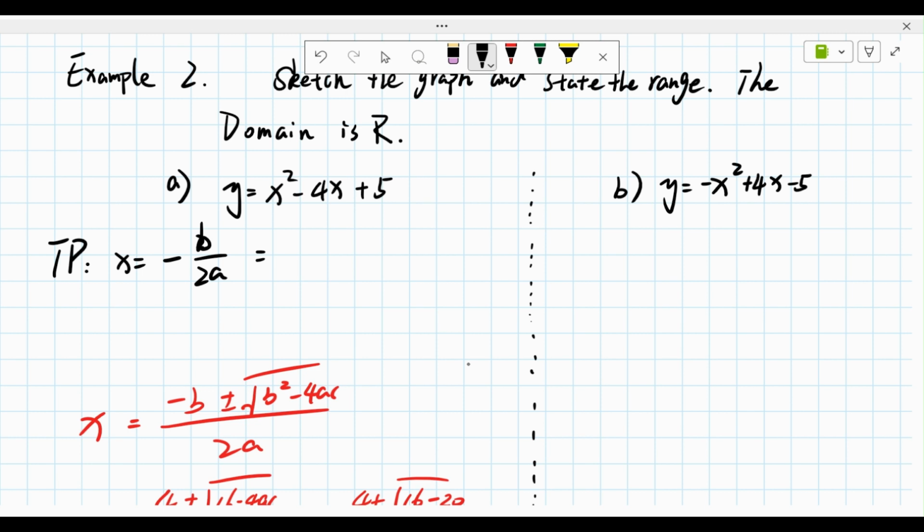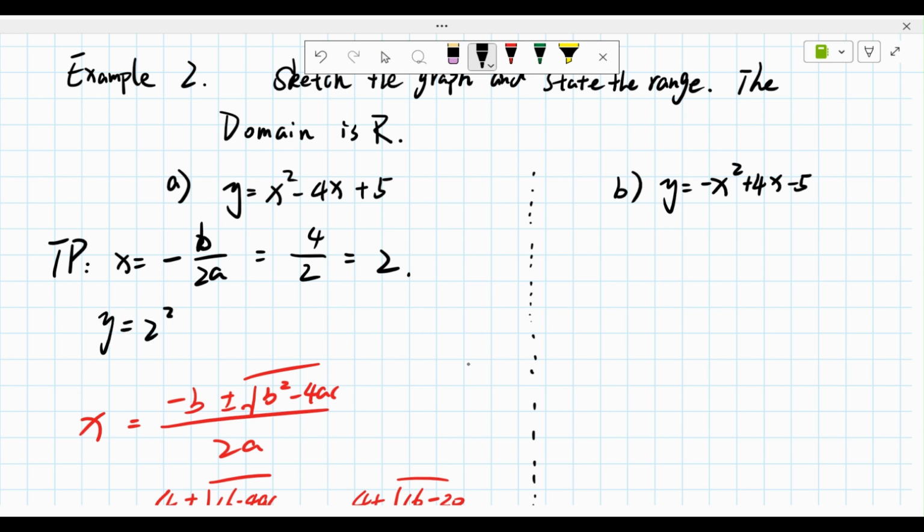And then what we do to find the turning point is, that equals 4 over 2, which is 2. So when x equal to 2, what we could do is add all together, which is y